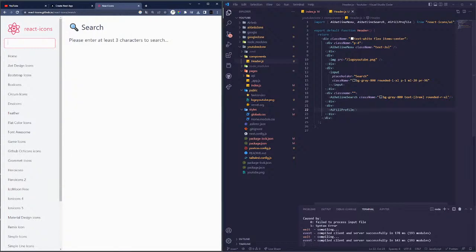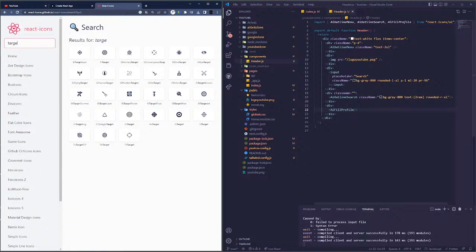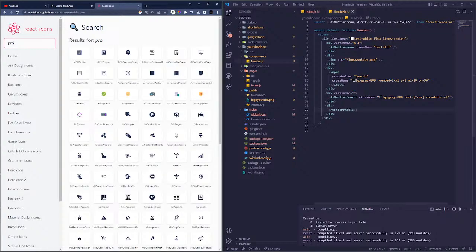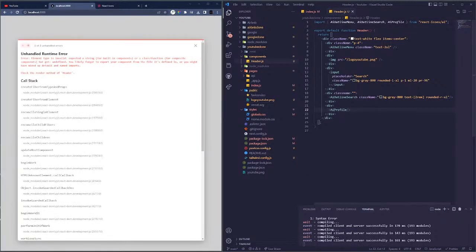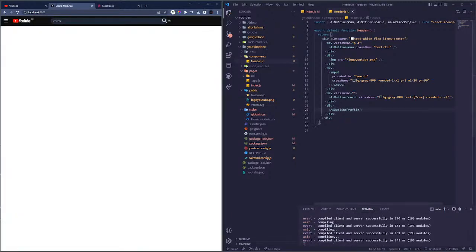Maybe like, let's just use this that we have, AI fill profile. We want not the fill one though. It's called outline then. Yes, we want this one to be